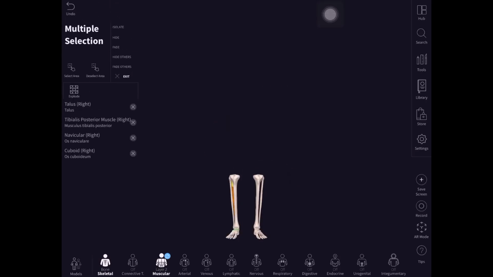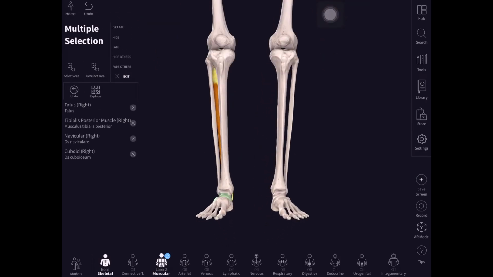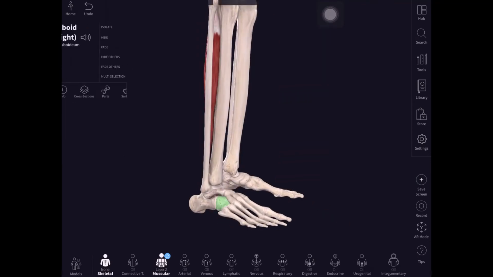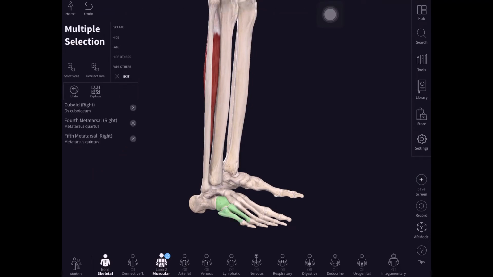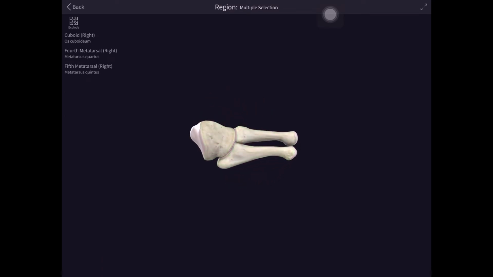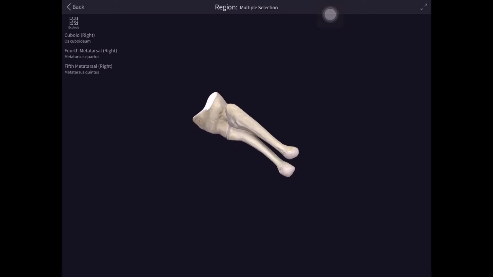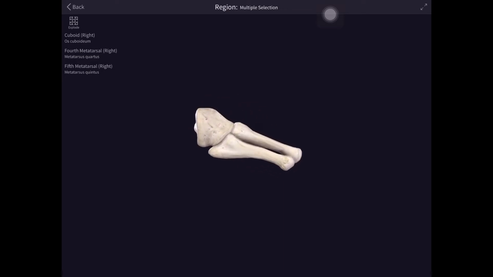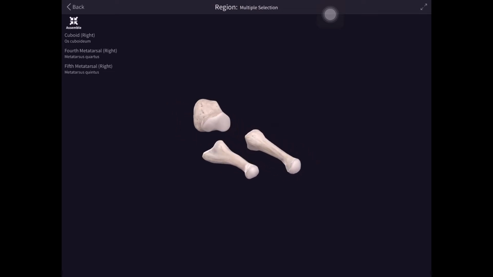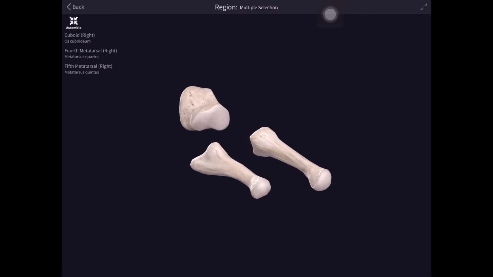So let us see this one. So this is a cuboid, and let us do multi-selection. Okay, that's your cuboid, you can see. So surfaces. This is on the top is the dorsal surface, this is the inferior surface, this is the posterior surface, and this one is the lateral, and this is your medial, and here you can see this is the anterior surface. So if you explode, then you can see this is the anterior surface you got.